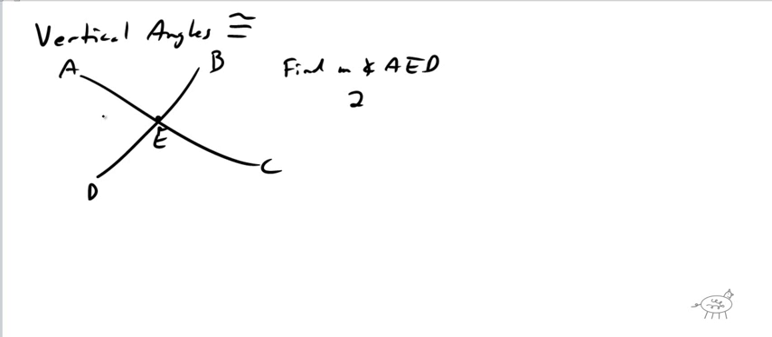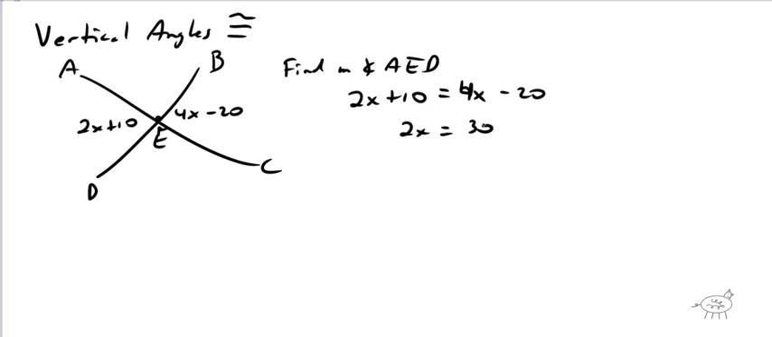let's see, I need to put some measurements in here. How about 2x plus 10 and 4x minus 20? There we go. Much better if we have a couple of measurements in here. All right. Anyway, so we get 2x plus 10. Since they're equal, you just set them equal to each other. So 4x minus 20. And then if I solve here, I get 2x equals 30, x